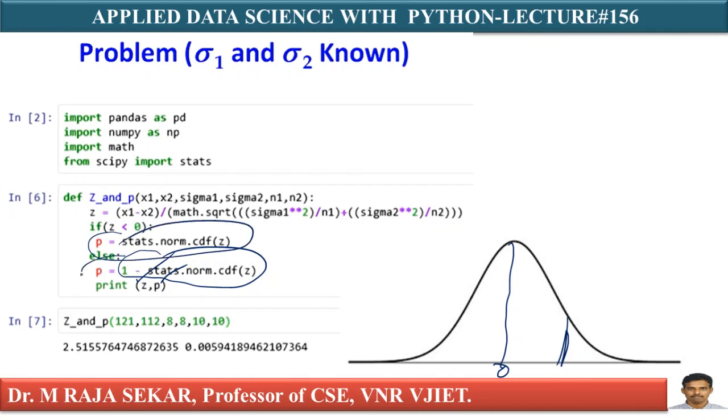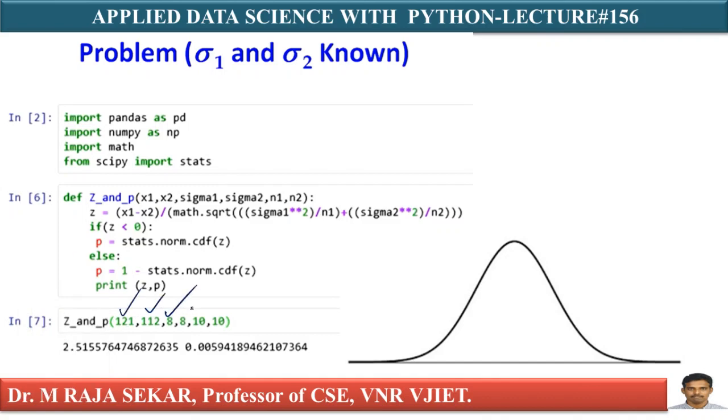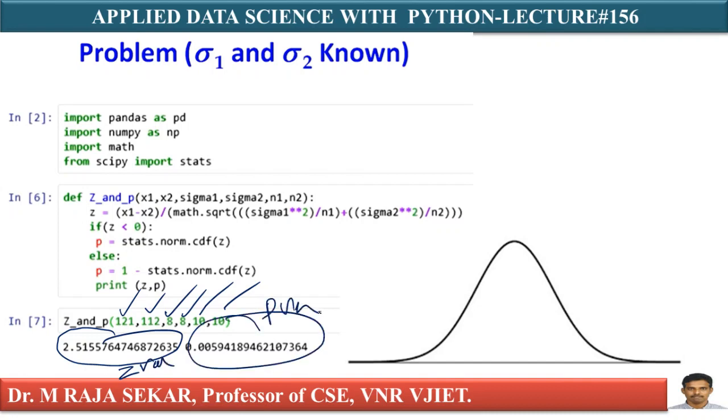How to calculate p, I just explained the logic. How to calculate z also I explained the logic. If you call this function, this is x1 bar, this is x2 bar, this is sigma 1, this is sigma 2, this is n1, n2. If I call this, I will get the values. Which values are we getting here? These are the values. This is my z value, this is my p value, isn't it? I already explained how to make use of this p value and z value. Just go to the previous slide and check this p value. Anyway, we will go to the Jupyter notebook and try to understand this piece of code.